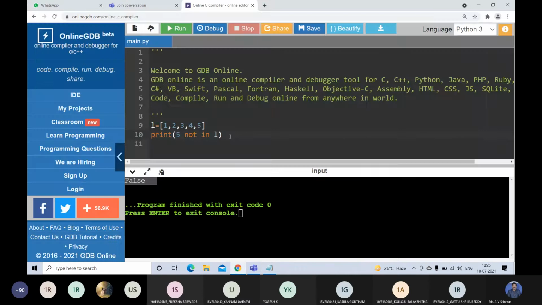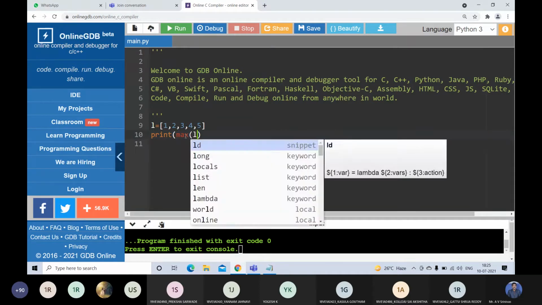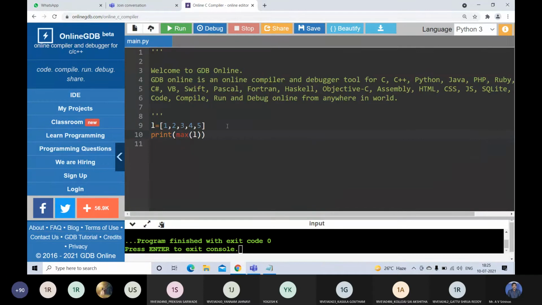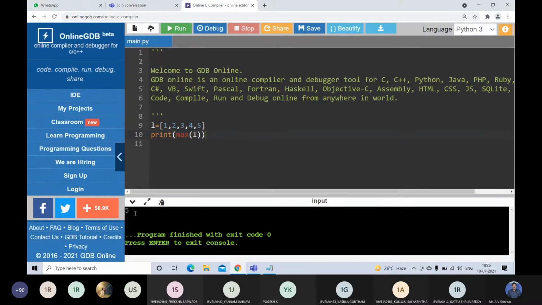Let me show you. Here my list contains 5 elements: 1, 2, 3, 4, 5. Now I'm writing max of L. If I write max of L, I will get the largest element in the list. What is the largest element? 5.